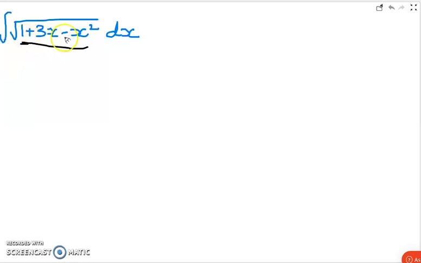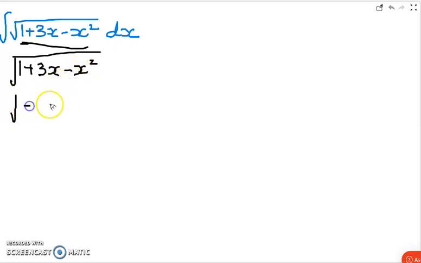First, we are taking this value, 1 plus 3x minus x square, let it be under root. Now let's take minus common. Why are we taking minus common? Because this x square should be the positive one. Minus of x square minus 3x, and the value will become minus 1. Just we are taking, dx is not needed, we just kept the integration sign only.